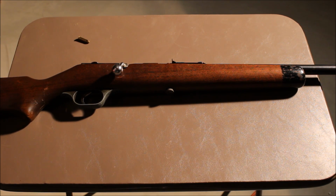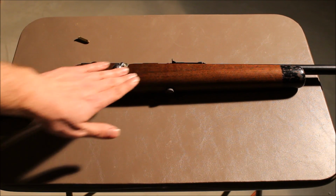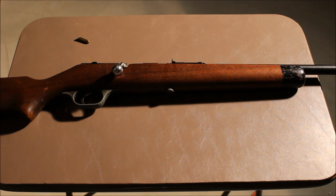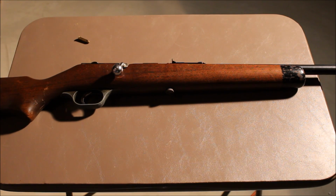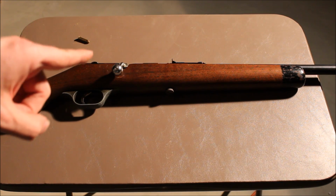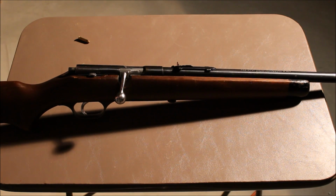So the stock does have a lot of scratches and nicks in the wood, and just a lot of finish wear on it. So a lot of history in this gun, a lot of family history, so that's kind of cool. There's really not a whole lot else to say about it. Capacity is 1. The rifling in the barrel was actually pretty good. I still have to do a little bit more cleaning on the barrel and just a little bit more cleaning on the gun overall. But overall, out of the 5 guns that I